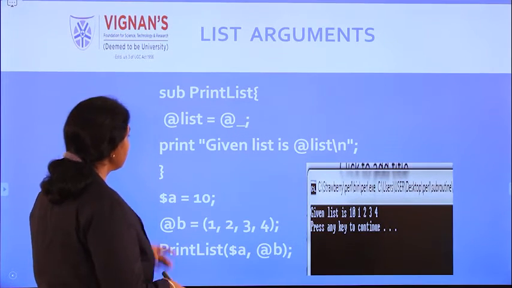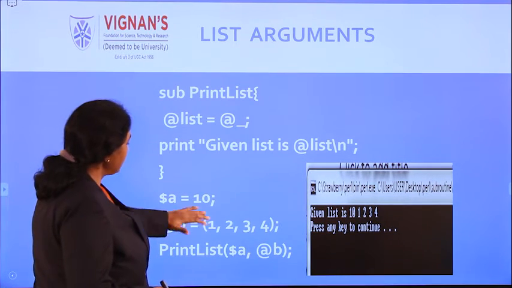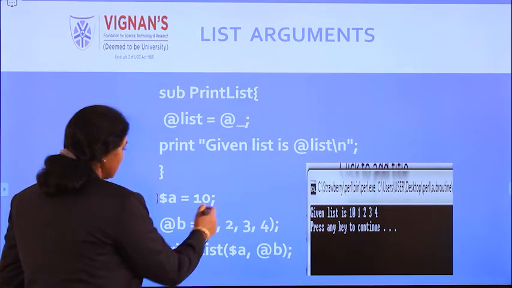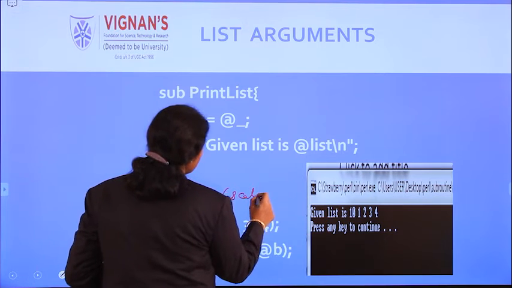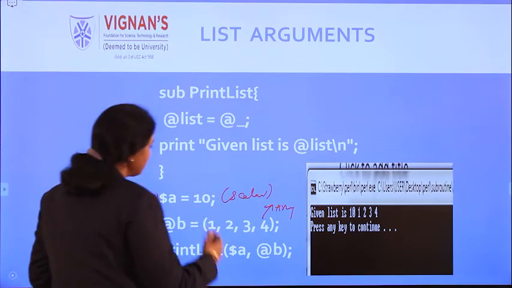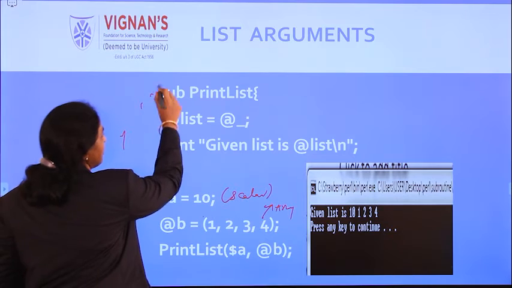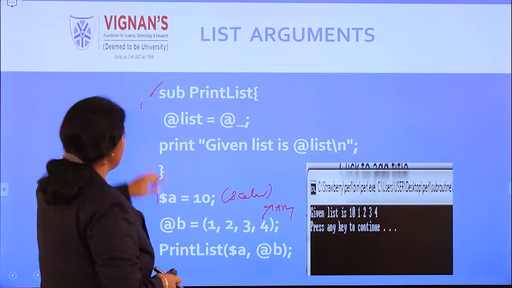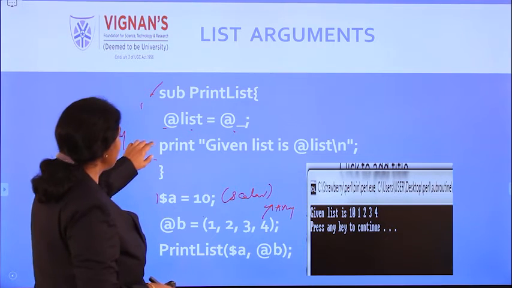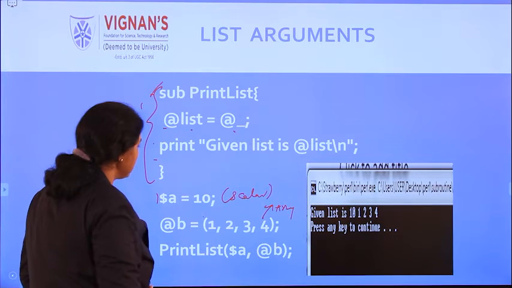In the same way here you observe, instead of the same kind, here we are having multiple data types. This is the scalar data type, this is the scalar, this is nothing but the array. Now see how you can pass the multiple parameters. This is the same statement, sub and print list is the statement. Now iterate list is equal to, you are passing the parameters. This is the print statement. So this is the function definition. Up to this part, function definition.